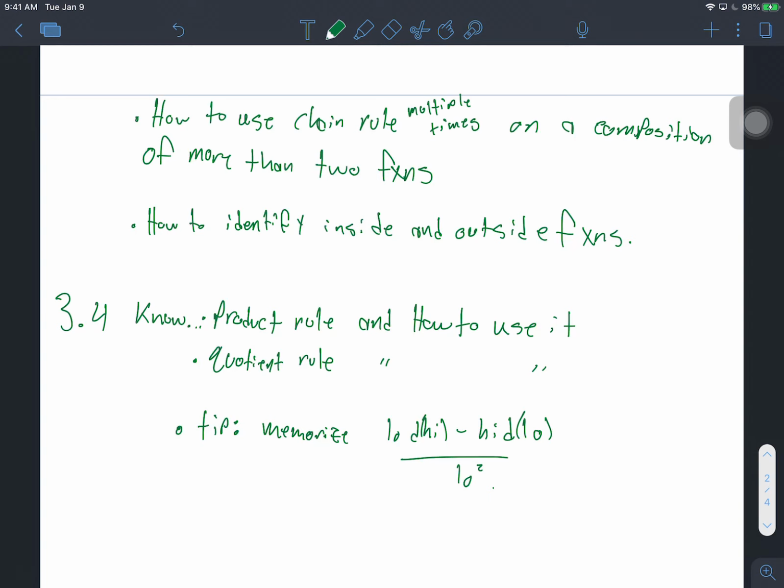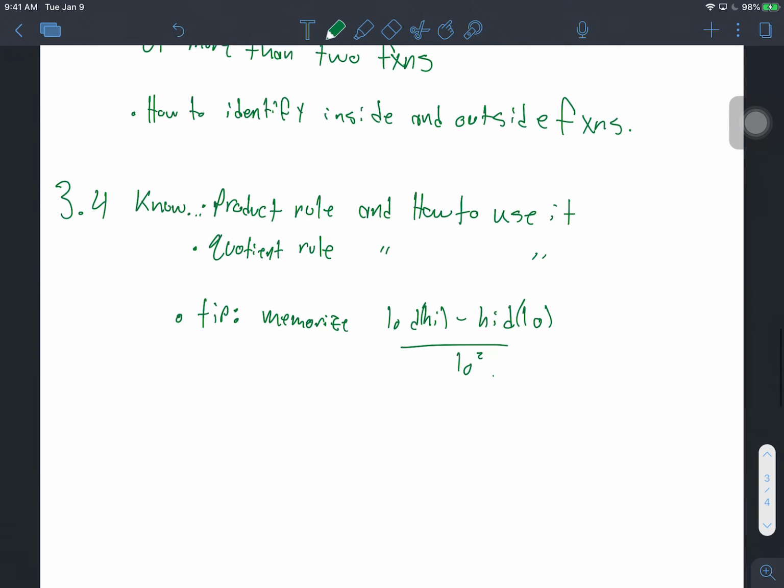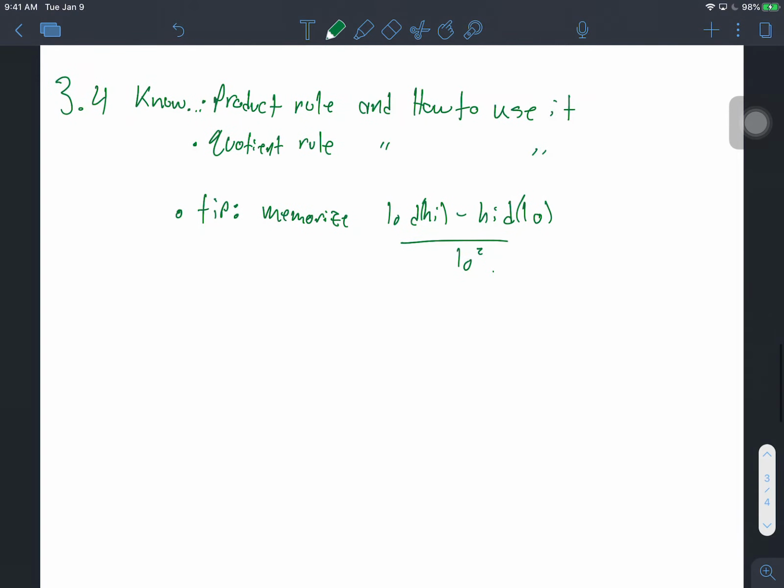So let's see, we skipped 3.5. All of chapter 4 will be covered on the exam, unless there's a 4.5. Let me see here. There's a 4.5. 4.5, 6, 7 will not be covered. We'll cover 4.1 through 4.4, which is all we're going to do in chapter 4. So 4.1, what we should know is